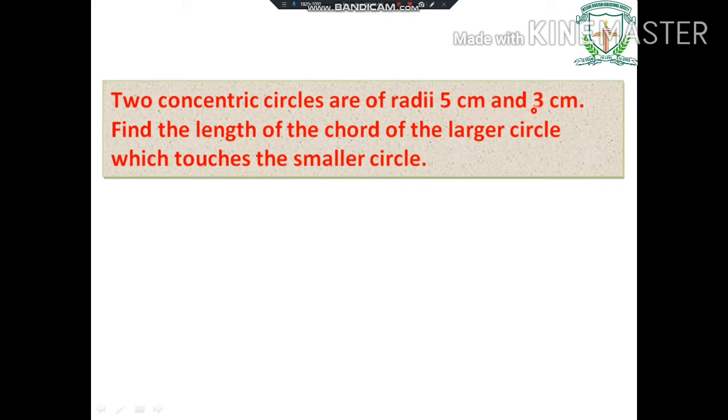First you write 3 centimeter, a circle. Now with a 5 centimeter, you need not measure exactly. You can write two circles, concentric circles. Now complete the figure. Find the length of the chord. You know the meaning of chord. Yes, joining the 2 points on the circumference. So find the length of the chord of the larger circle which touches the smaller circle.